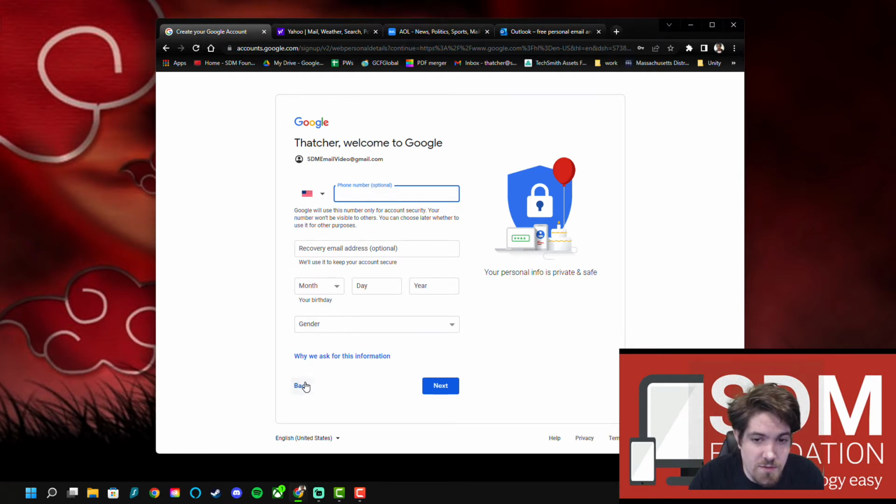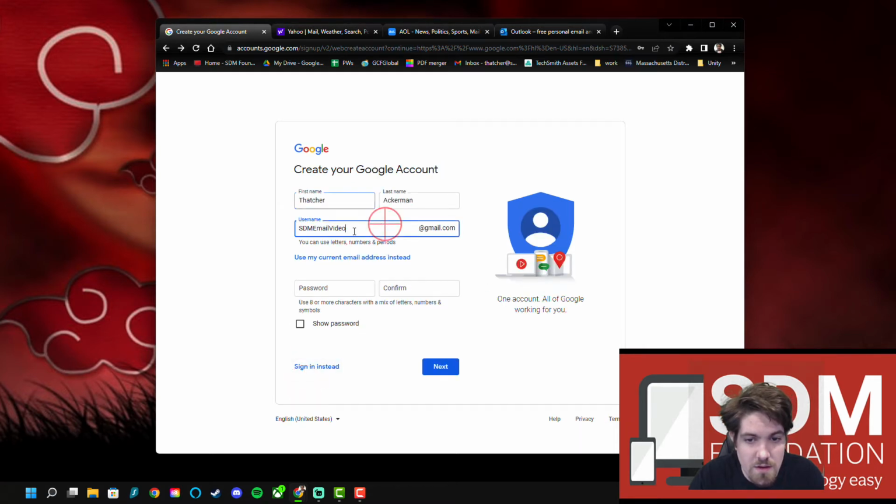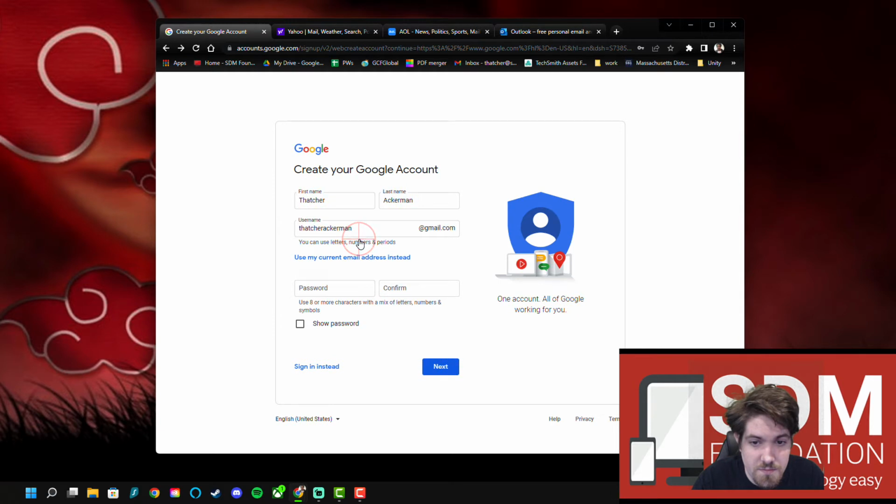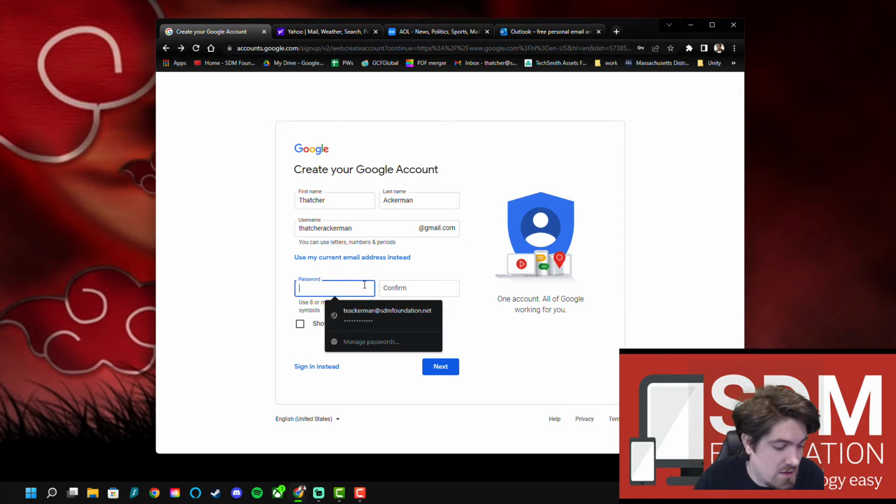And with that said, why don't I actually go back and show you what it would be like if it was taken. So if I wanted to use Thatcher as my email address, as soon as I try and move on to the next step to enter my password, it says that it's taken. And then it gives me some other options. I did not know that ThatcherAckerman@gmail.com was not taken, so I'm going to go ahead and take that,